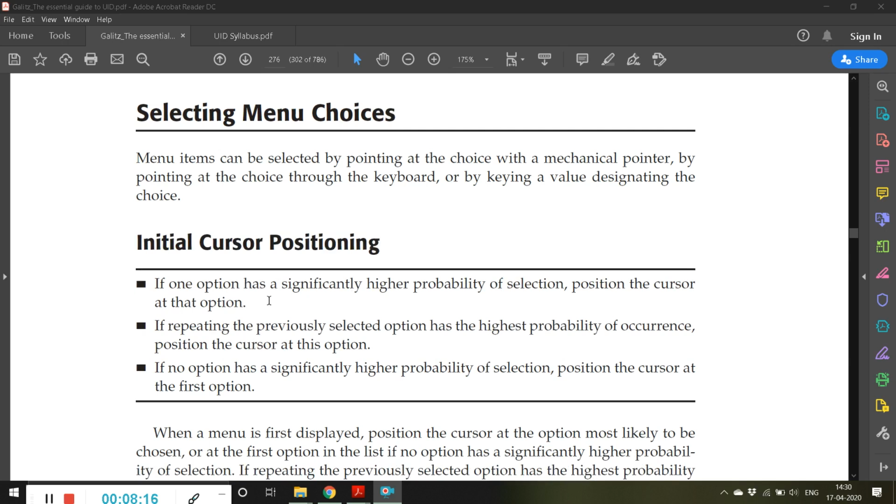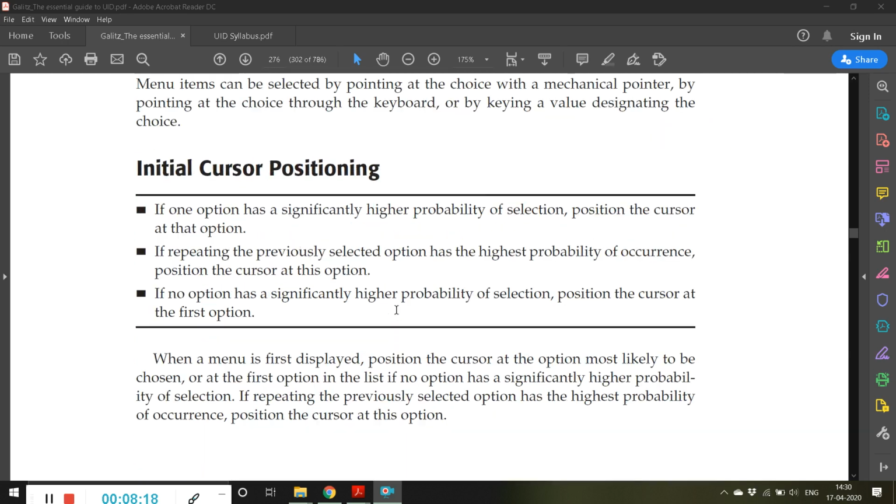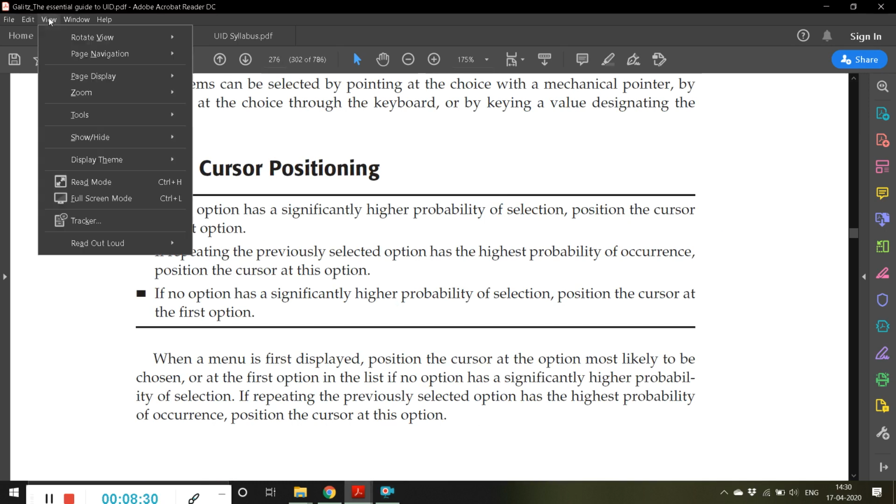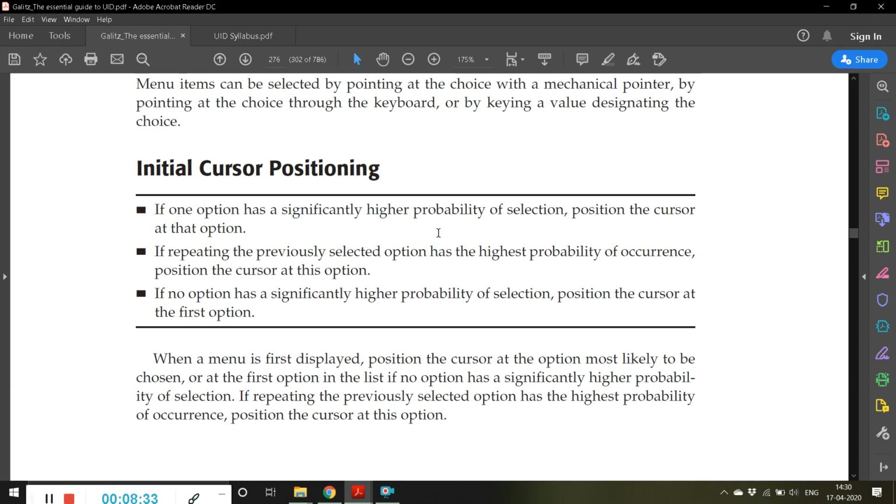Initial cursor positioning. If one option has a significantly higher probability of selection, position the cursor at that option. For example, if a certain menu option is very popular and continuously used by most users, then the moment the application opens, make sure that the cursor is placed on that menu option.